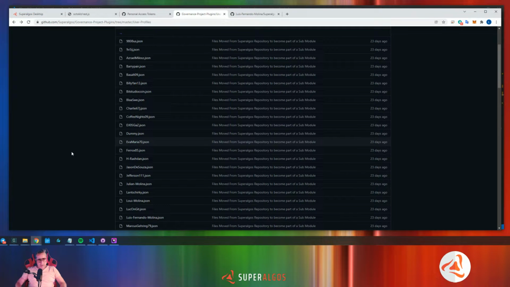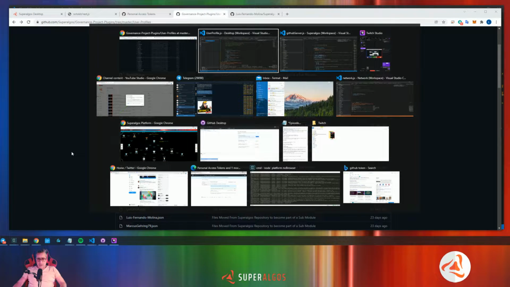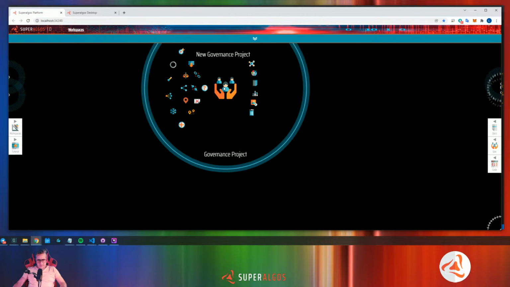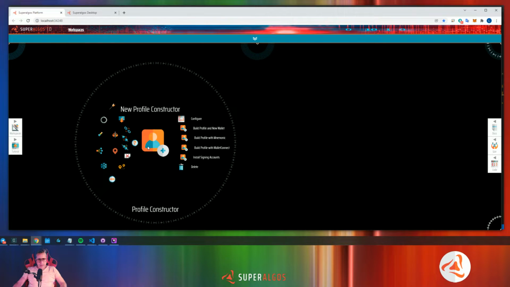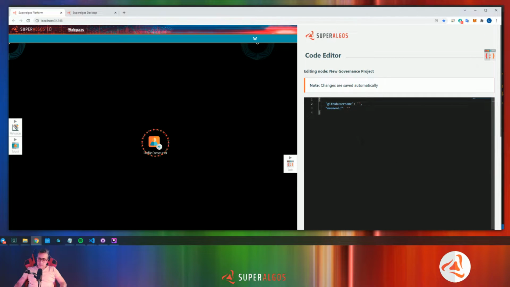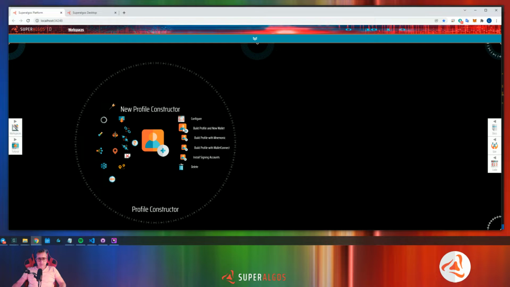I'm not sure that I'm going to use something that was created for a tutorial as a template. Most likely, what I'm going to do instead is to create a new user profile, governance project, profile constructor, and let's say that our profile is called template profile, and if I create user profile a new wallet,